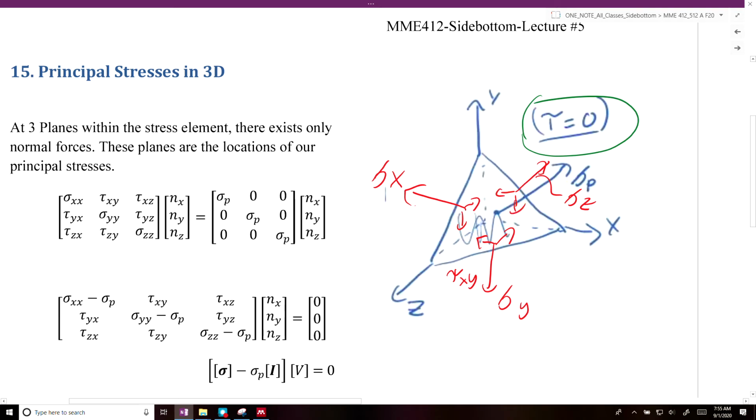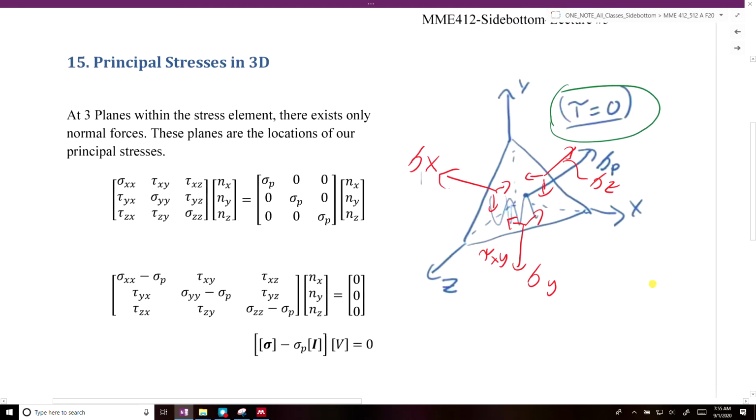So if we have all of our shear components and our stress components on this matrix, we know that they have to balance out with the principal stresses in the new orientation. And we know that these are related by our directional cosines x, y, and z. So we can simplify this equation down